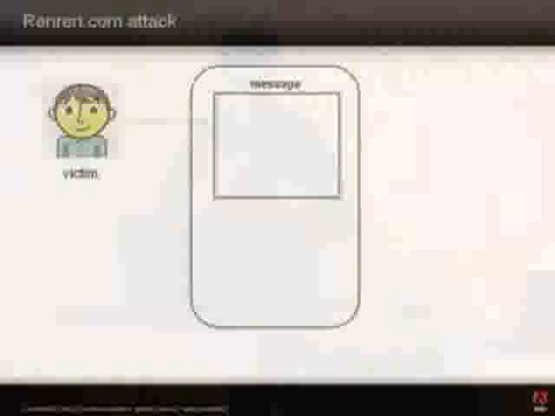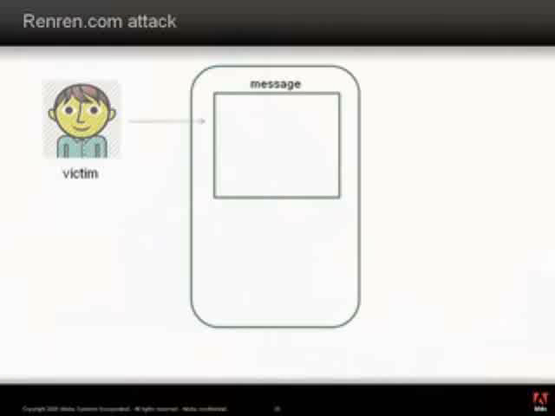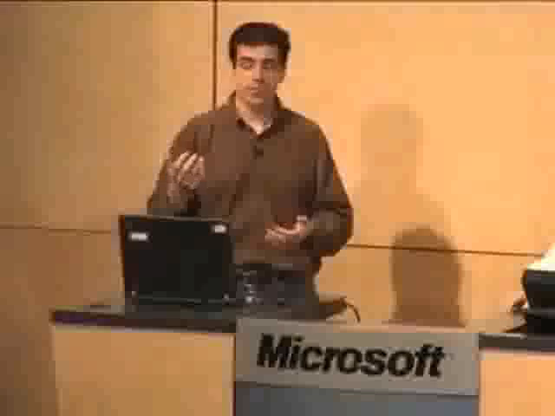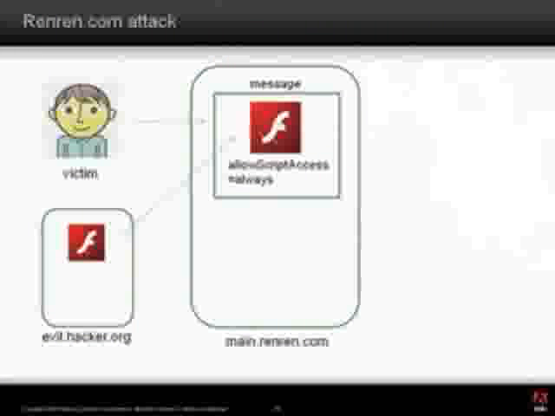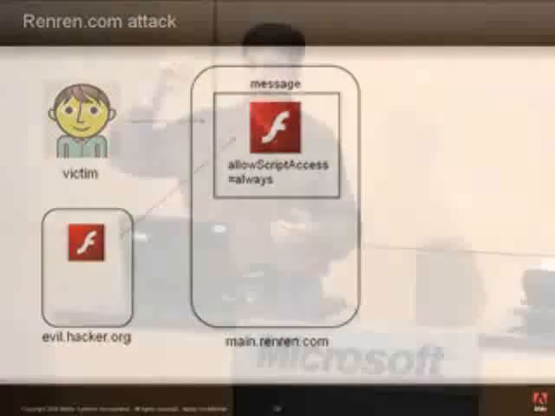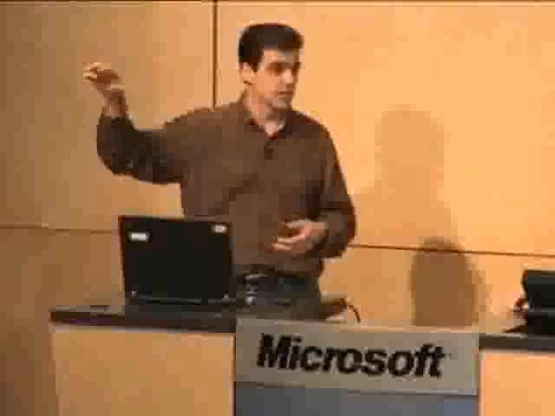What the attackers found is that when you shared a video on the RenRen site, that shared YouTube video would be provided with an allowScriptAccess equals always permission. So what they would do is they start by sending a victim a message saying, hey, go watch this Pink Floyd video. And the Pink Floyd video was run by a SWF that was hosted on the evil.org website. And RenRen, when they linked to that video on that evil.org website, was mistakenly saying allowScriptAccess equal to always. By default, on Flash content, allowScriptAccess is set to same domain, but in this case, they were changing the default to set it to always when linking to video content. So what the SWF would do is it would play a Pink Floyd video